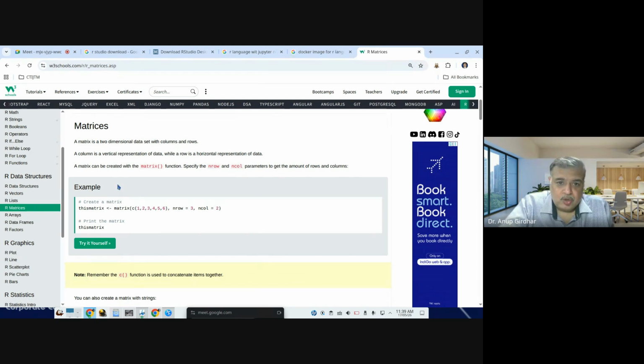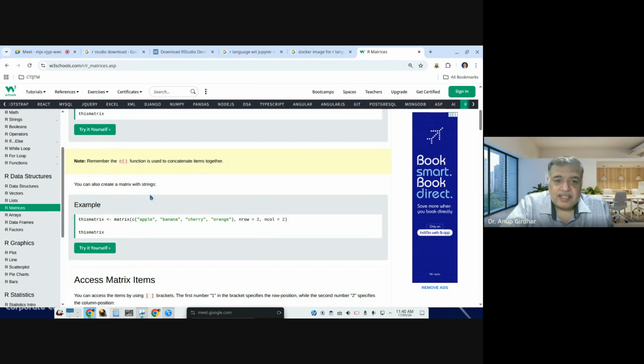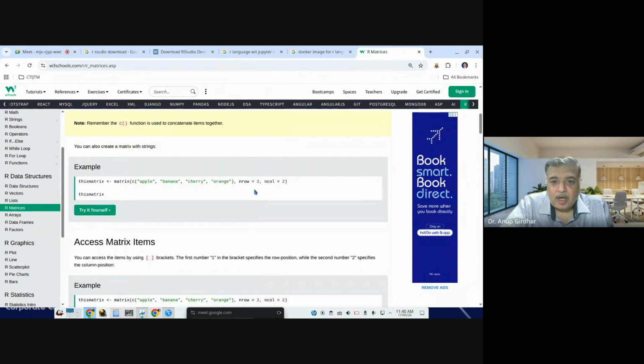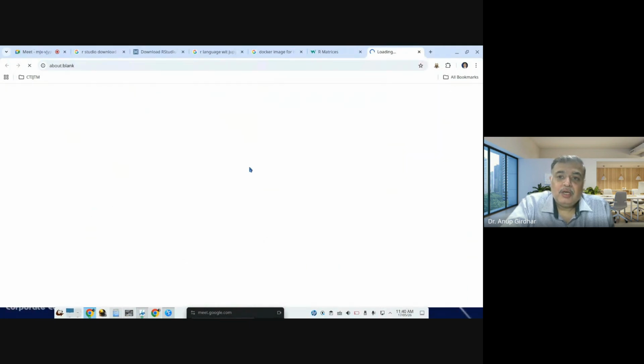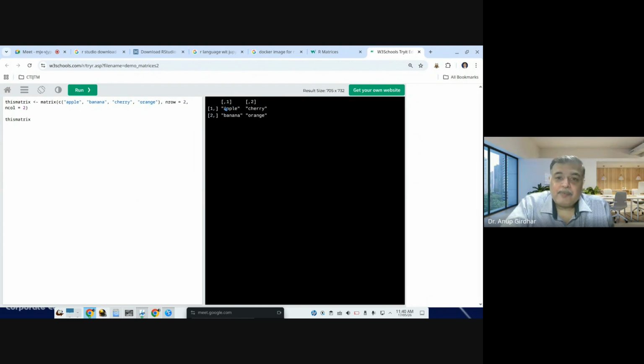All right. So a few differences are there compared to other languages, but I think now you can figure out the way. What would be the output for 2 rows and 2 columns? Is it apple banana in a row, or apple cherry in a row? Is it apple banana in the first row, or apple cherry? Because there are two rows and 2 columns. Please cross check again, and you can see it's apple cherry, not apple banana, because the data is to